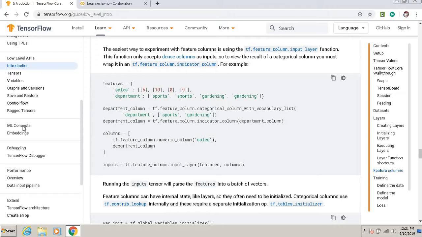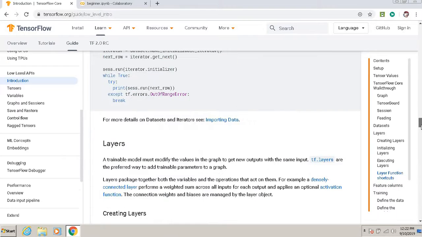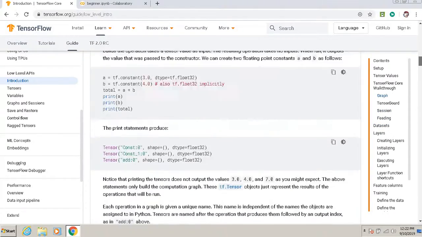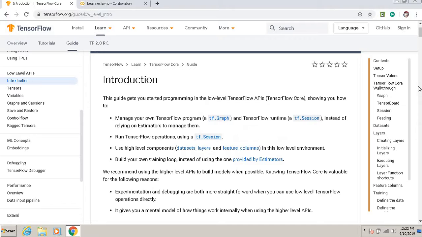Now lastly, in this episode, we'll come to something called ML concept. For that also, this site is creating some problems, so firstly we'll go to the top, and then after going to the top, we can go to ML basics.